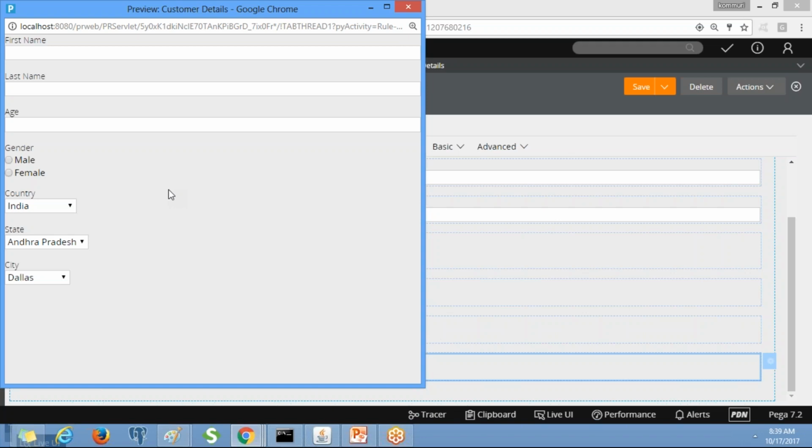Then when I select a state, it has to display only that particular state's related city details. This concept is called dynamic cascading. That means one property value is dependent on another property.